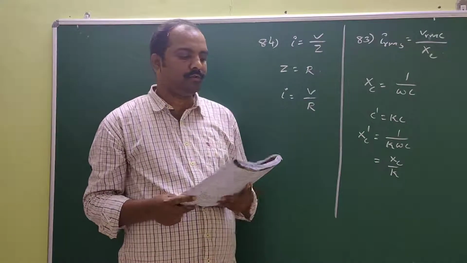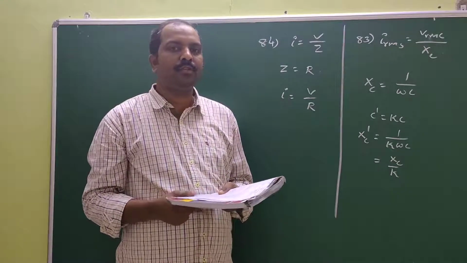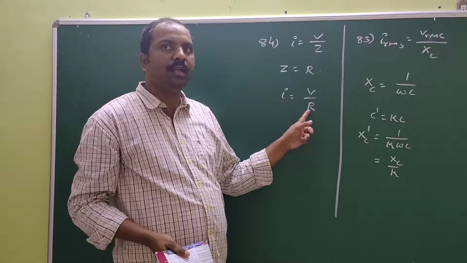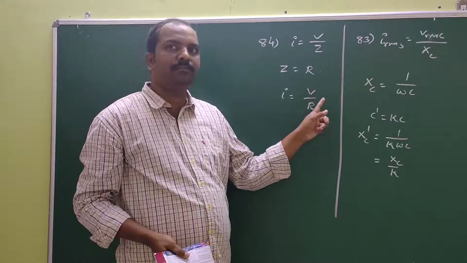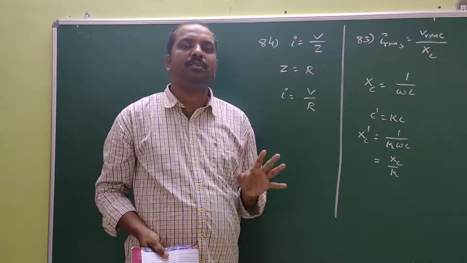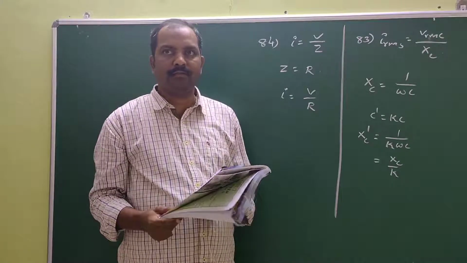Third option, in both the circuits R must be the same. Here it depends on potential and resistance. The potential may be the same. As the current is the same, the resistance of both the circuits should be the same. So this third option is correct.